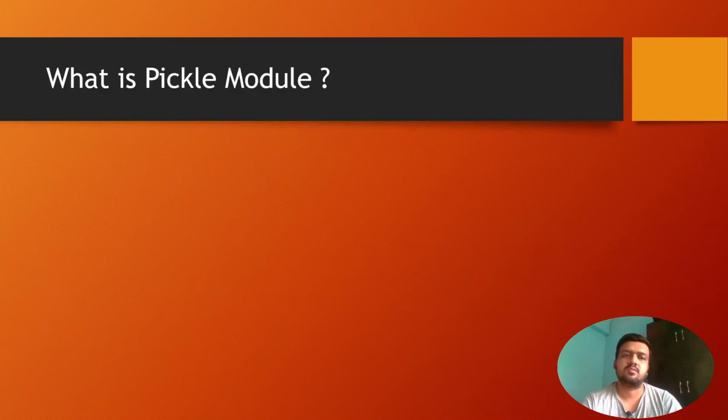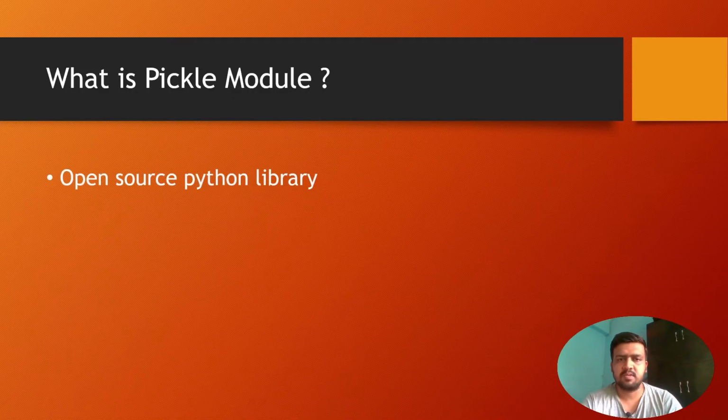So what is the pickle module? It is an open source library, which is very obvious. It is Python specific, like an object notation. JSON is one notation which is widely used in JavaScript and other web development platforms, also in other programming languages. But the pickle module is very Python specific, and I don't think there is any other language where we can use it to do our task. So in that way, it is very Python specific.